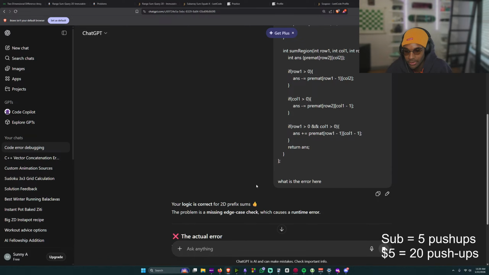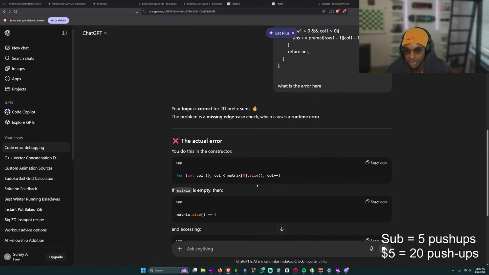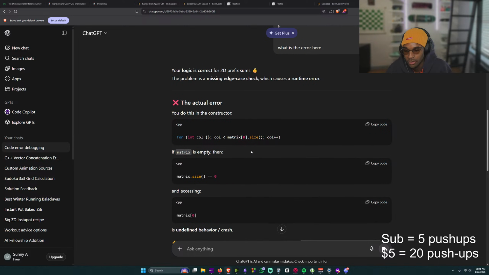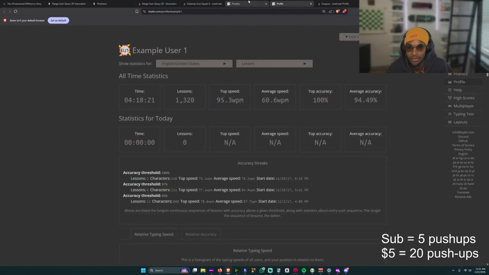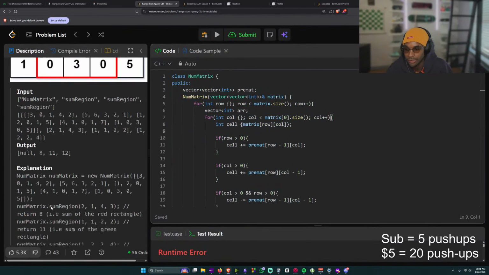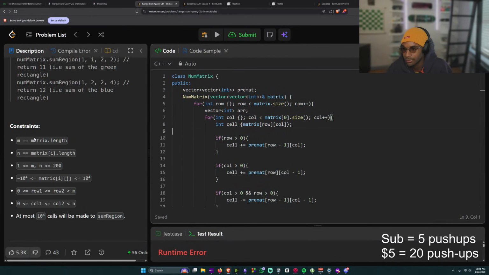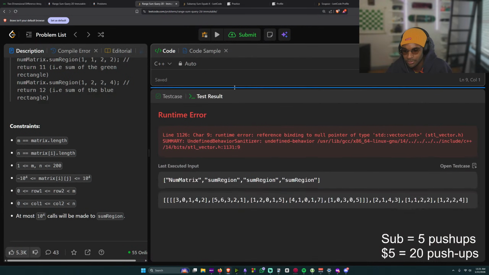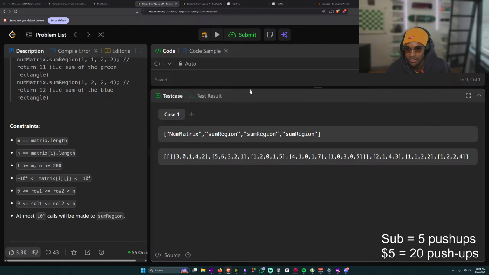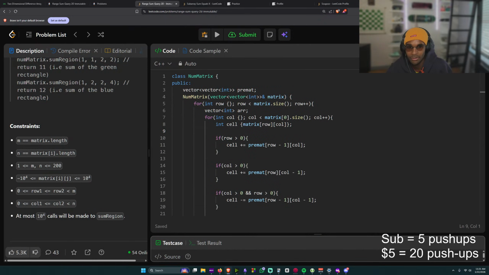Your logic is correct. The problem is an edge case check, which causes a runtime error. You do this in your constructor. Oh, what if the matrix is empty? That's so stupid. I guess I should have looked at the constraints. The length of the matrix could be from... Maybe it was me. It could be 0. But why would it fail in this test case here? That doesn't make... Hold on, let me...